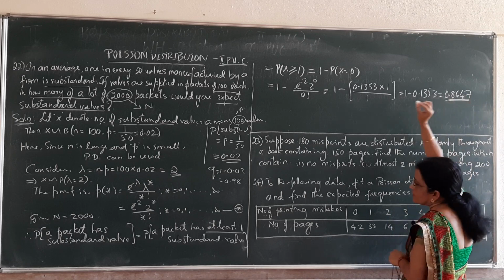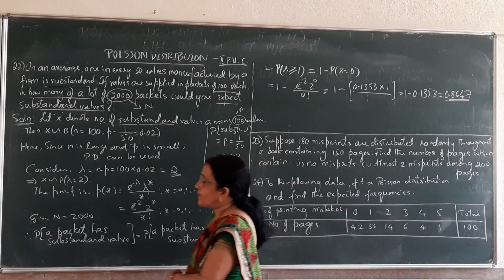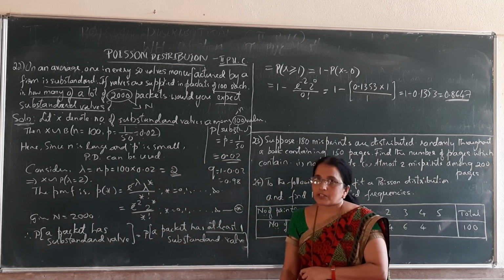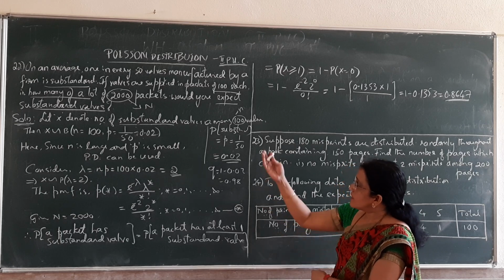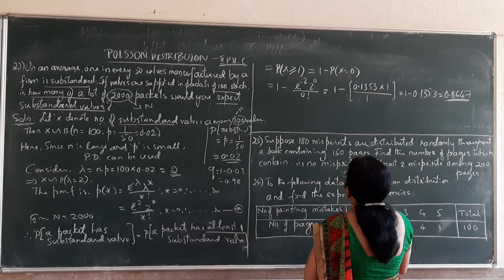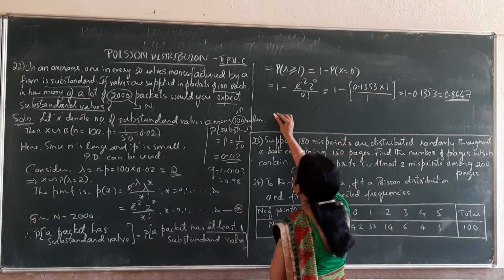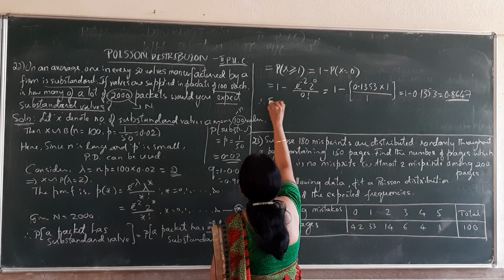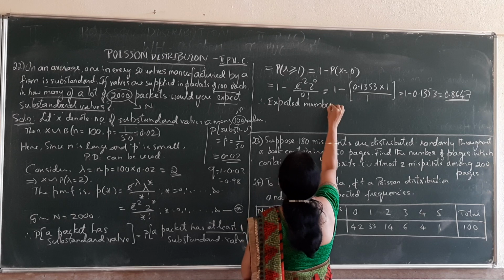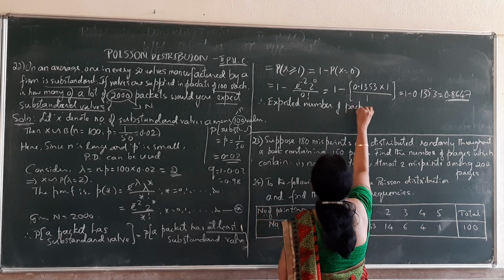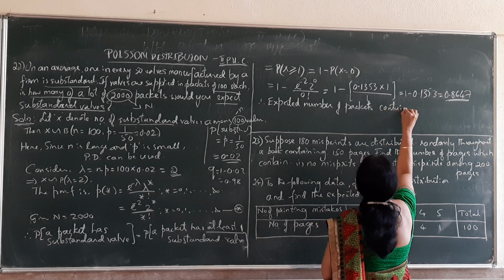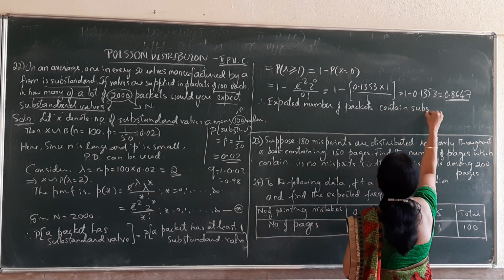0.8647. Now it is the probability of a packet has a substandard value. Now if there are 2000 such packets, how many packets would you expect to have substandard values? Multiply the probability by n. Therefore, the expected number of packets that contain substandard values